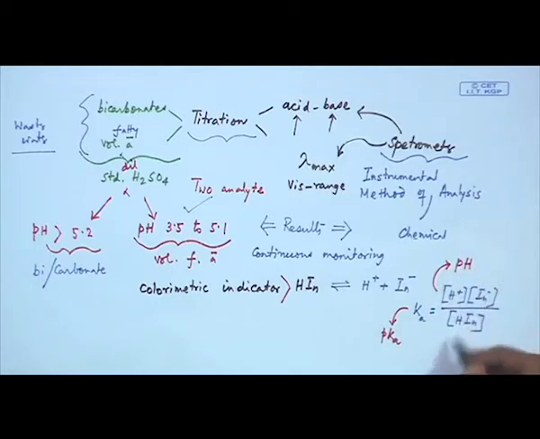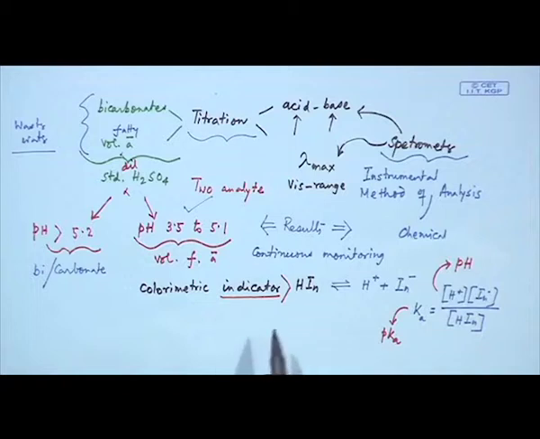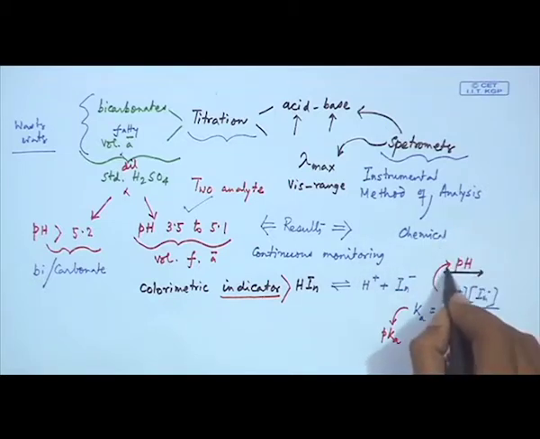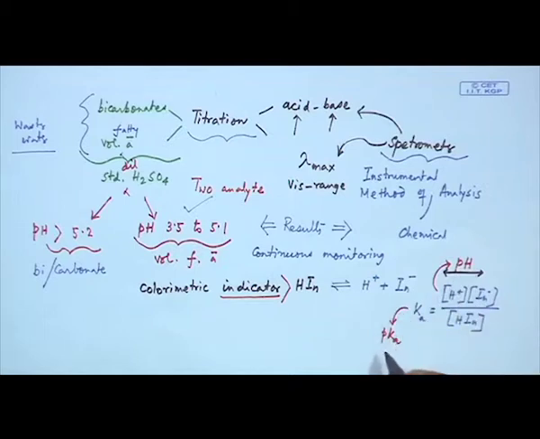As we know, like acetic acid, there is a relationship between the conjugate base and the free acid. So if we choose an indicator having a characteristic pK value, that indicator can change its color in a particular pH range. This pH range is of interest to us, and it is directly related to the pK value of that indicator.